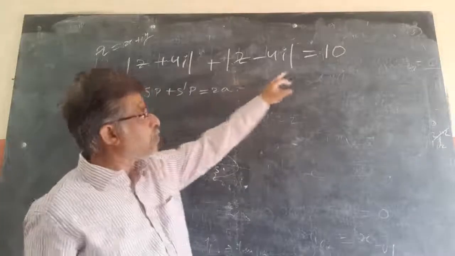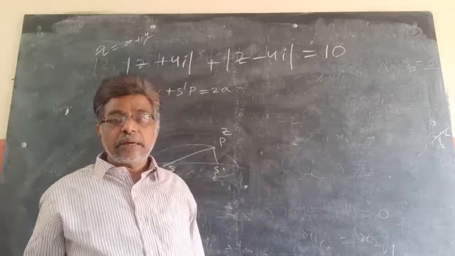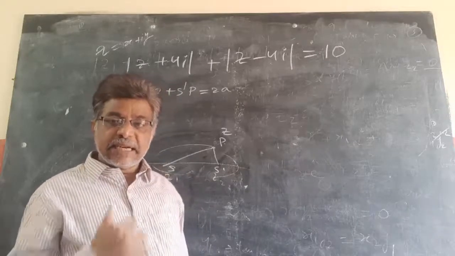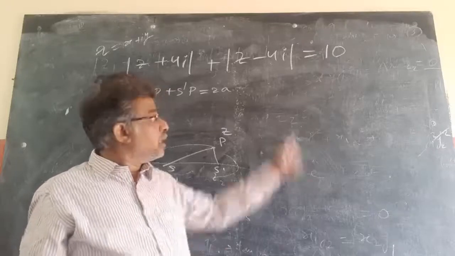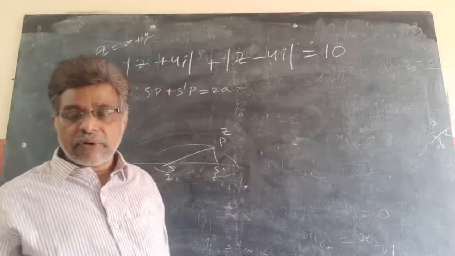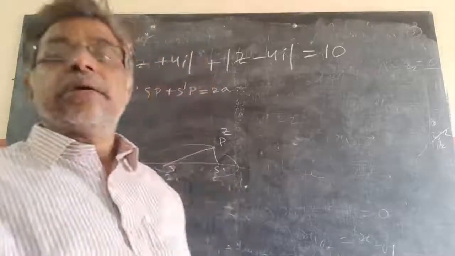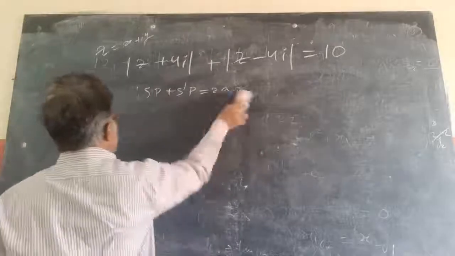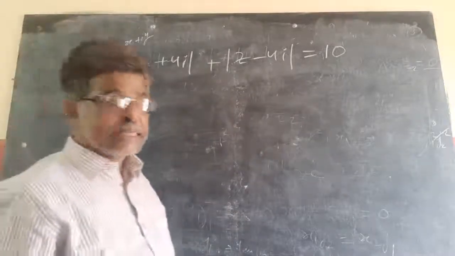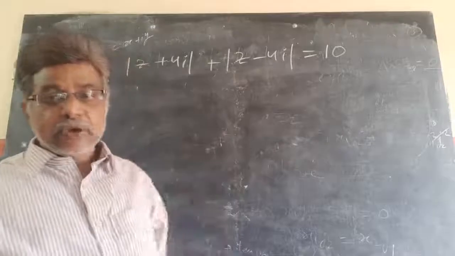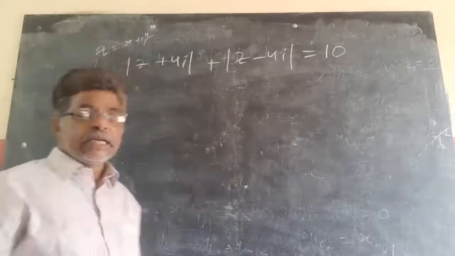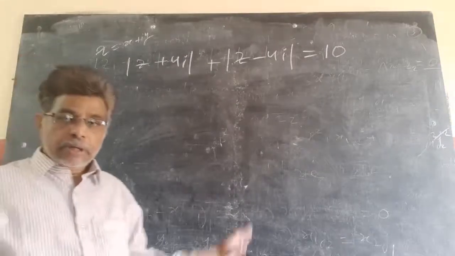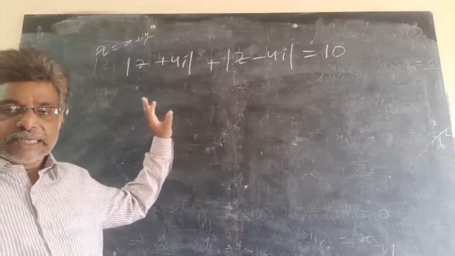If this distance is more than that, then what do you get? No figure is found. If the distance is equal to that, then it is a straight line. We already did all these locuses. Now the distance between the two, 4i and minus 4i, is less than the 10 units, so automatically it forms an ellipse. But we will prove it now instead of using the concept directly. That is the basic concept we already discussed yesterday.